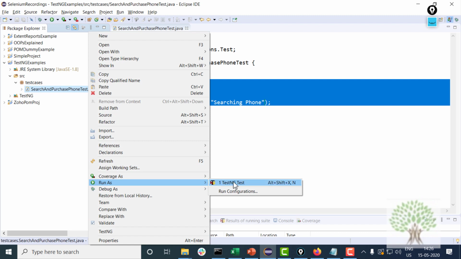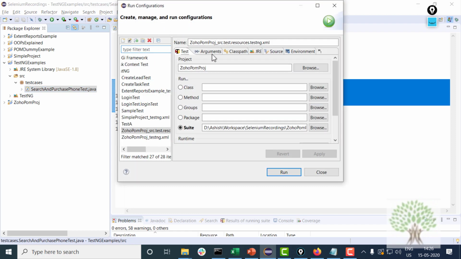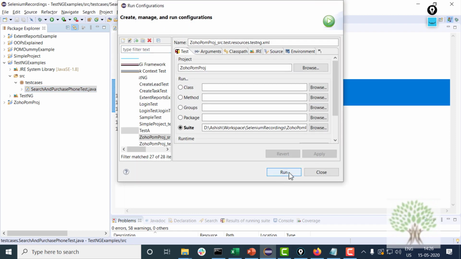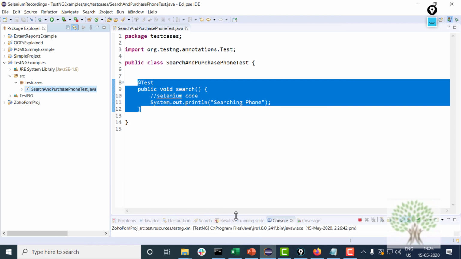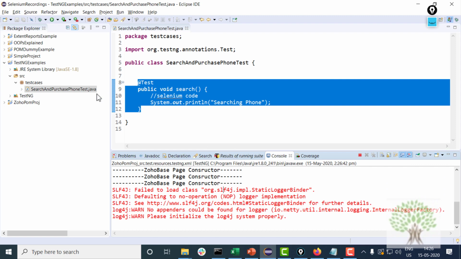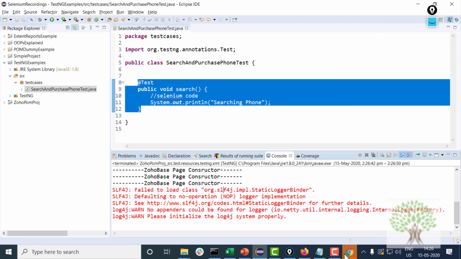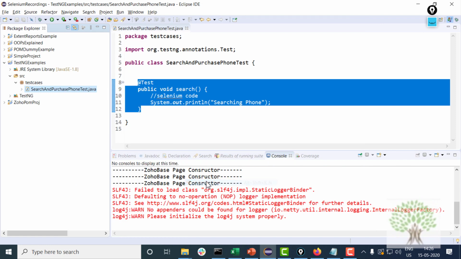Okay, you can also go into run configuration section and you will see TestNG tab over here. You can just click on run and it will run as a TestNG test case. Hold on. Okay, my other project has started running. I'm sorry. Actually, configurations had been set up for that particular project. Okay. Anyways, I'll just run it as a TestNG test.